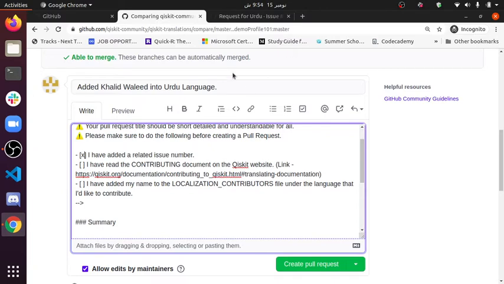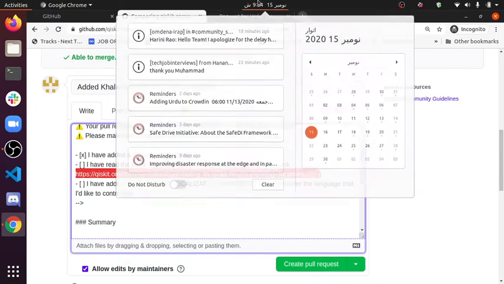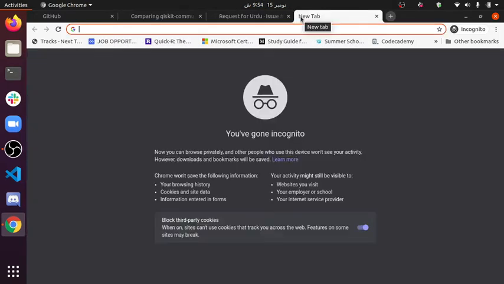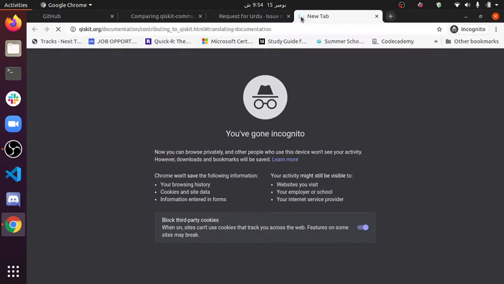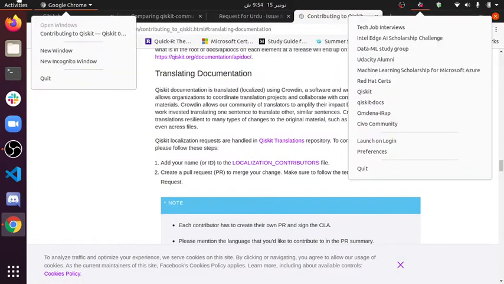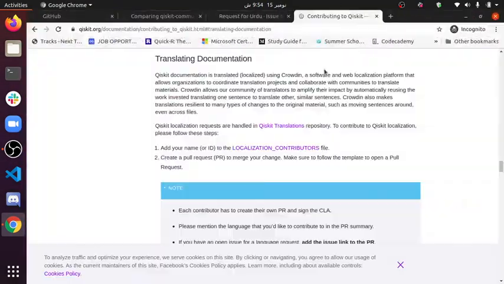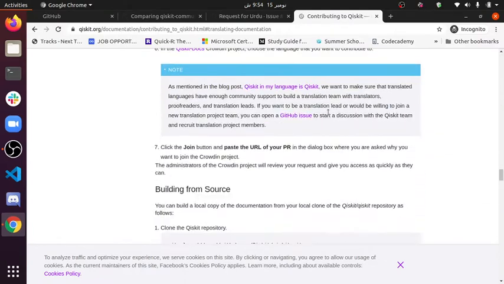The next step is: I have read the contributing document on the Qiskit website. The link is given here. You can simply copy this link, paste it in a new tab and press enter. It will take you to the Contributing to Qiskit documentation page, where you will find the documentation and policies.